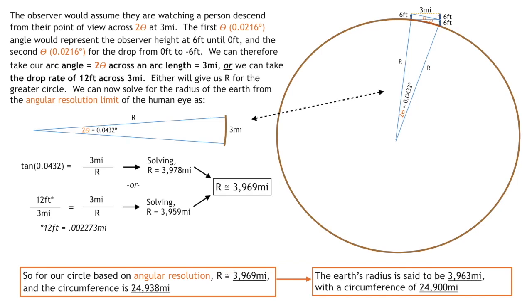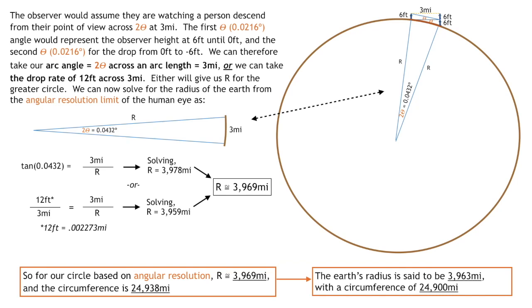We can now solve for the radius of Earth from the angular resolution limit of the eye as our segment here with r along the radius, or along the one aspect of the triangle, and 3 miles as our opposite end, and the angle being across 2 theta, which is 0.0432 degrees. That will give us one number, and the alternative is to use the ratio of 12 foot over 3 miles is equal to 3 miles over r. Both will give us the numbers listed below. So we get for one number 3,978 miles, and for the other one 3,959 miles, giving us an average of